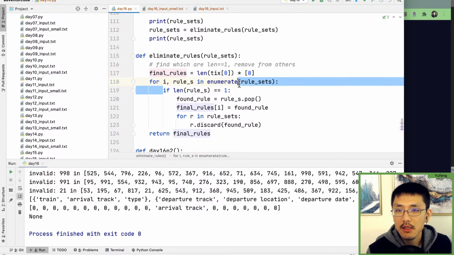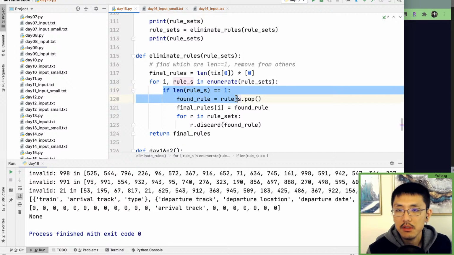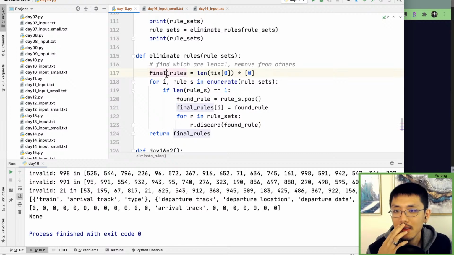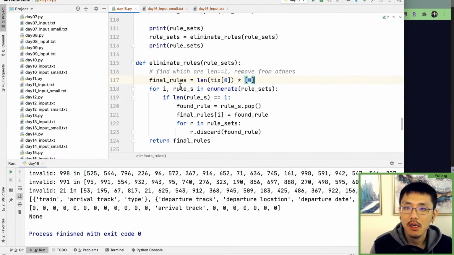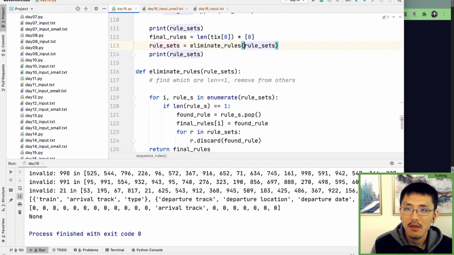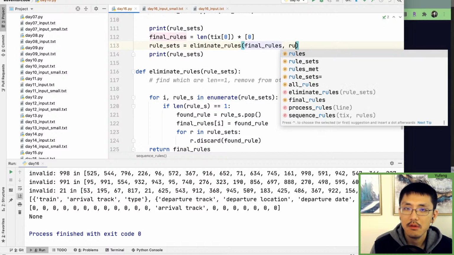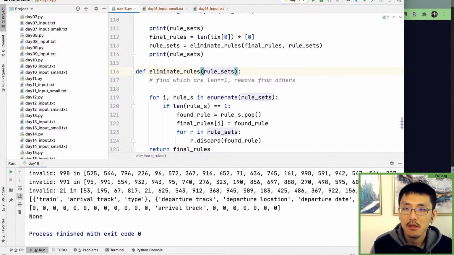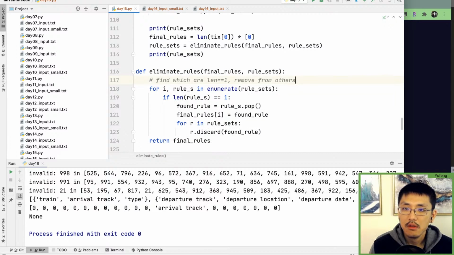If everything's length is equal to 1, then we're going to say we found a rule. And final rules, yeah, so the big thing is we need to pass this final rules list around as well. Final rules, rule sets, final rules. So it finds a rule, it stores the final rules, it gets rid of all its corresponding ones, it gets to the end, and basically